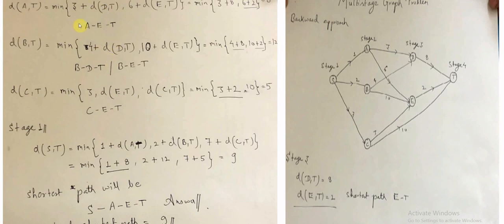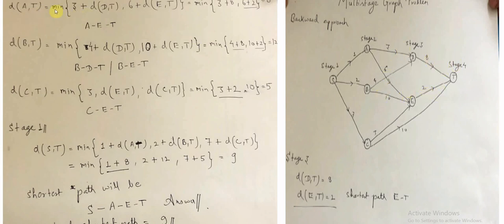So let's begin by first calculating the cost from A to T. So this is the formula. Since there are two paths, if we wish to reach from A to T, there are two routes available, one via D and one via E. So we'll be taking both the routes and opting for the one which is offering the minimum cost.